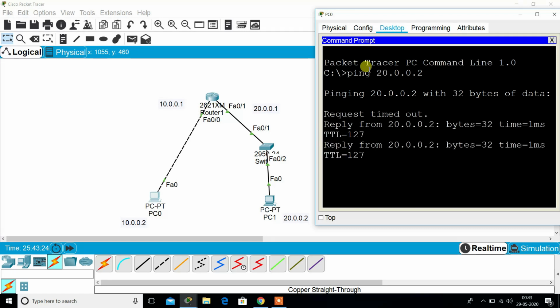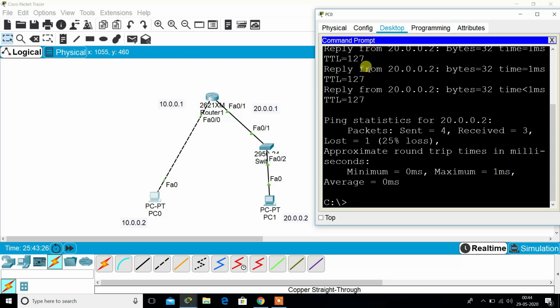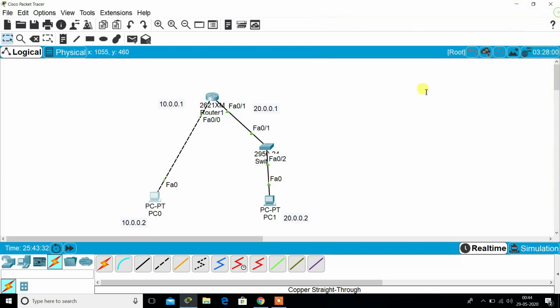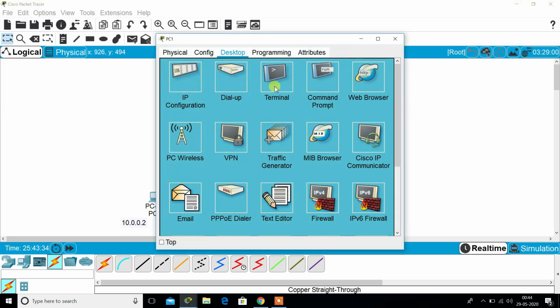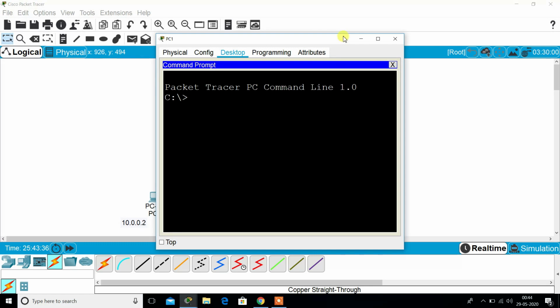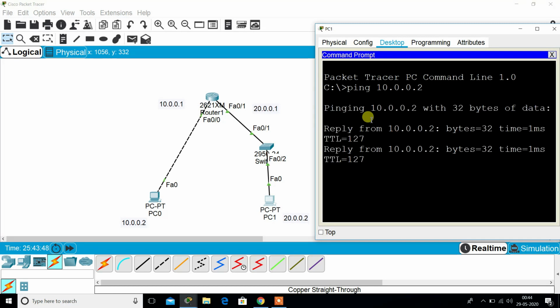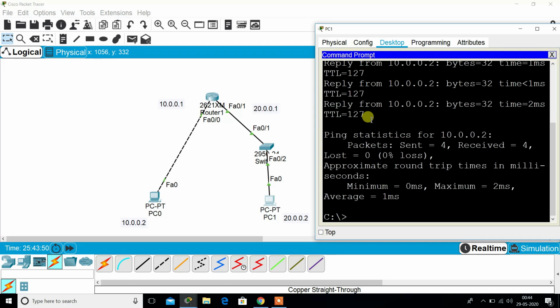What we will see is that it is working. If we want to check it again, then we will use a similar command and press enter. It's working. Similarly, we can go on PC1, its command prompt, and now I want to ping this PC. So I will use the command ping 10.0.0.2 and press enter. See, it's working fine.